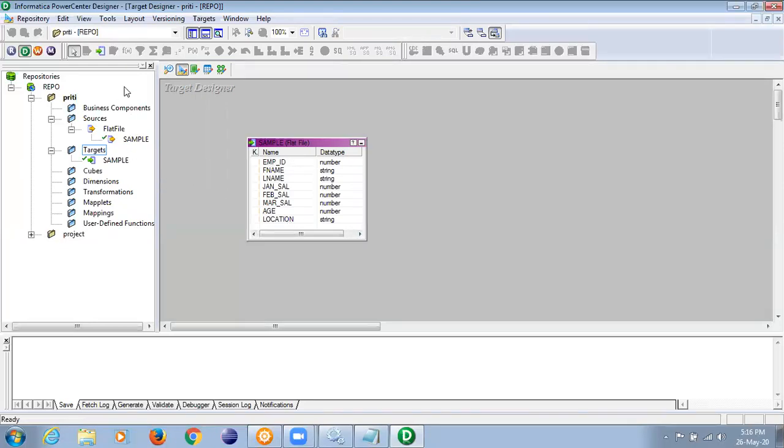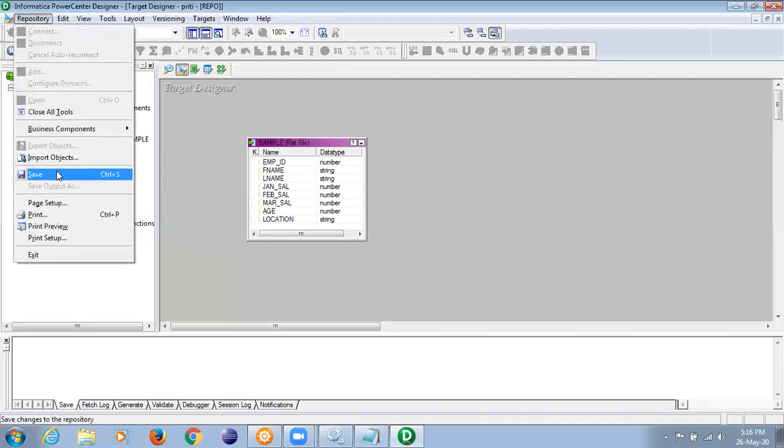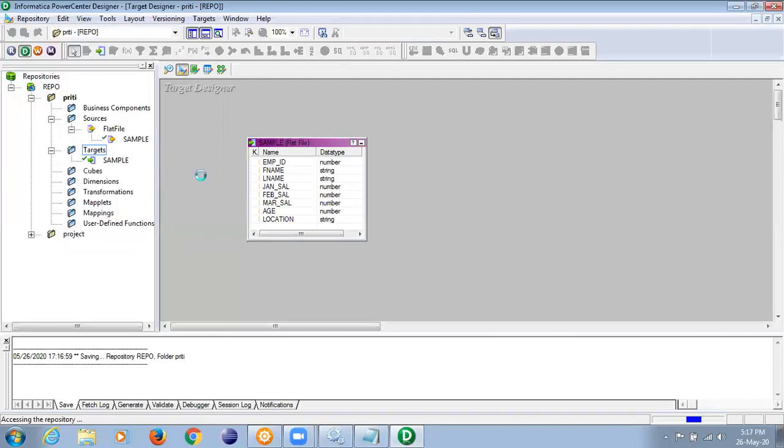Always make a habit of saving it. So Repository, Save, or you can simply press Control S on your machine. Here you will see, did you see, saving repository with a reference in Preeti's folder, inserted where it is inserted in the tables, in the system tables, correct? Right, simple. Whatever I'm teaching you now, you are supposed to do every time. These are the basics for every process in Informatica. You will have to do these things.